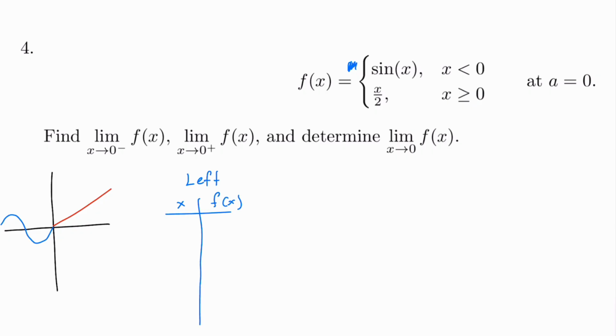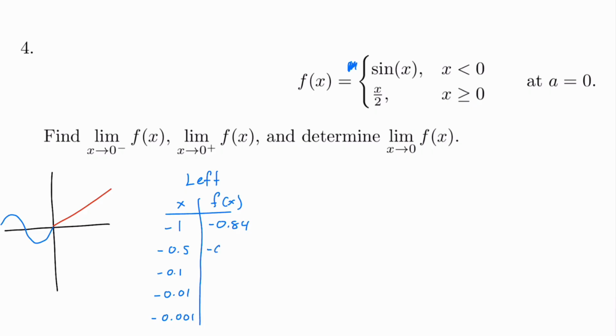and choose some numbers that are slightly less than 0, getting closer. So let's choose -1, -0.5, -0.1, -0.01, and -0.001. If we plug these in for our sine function, we are going to get